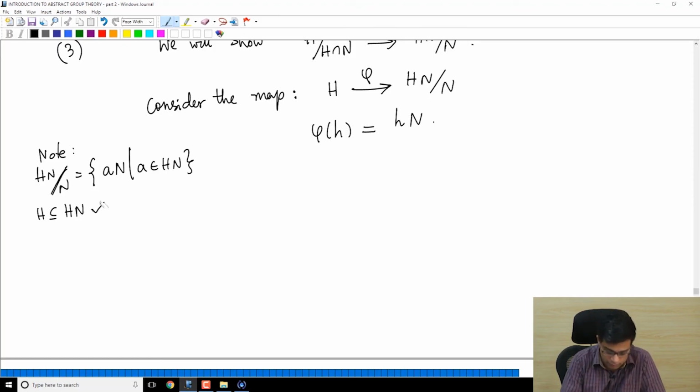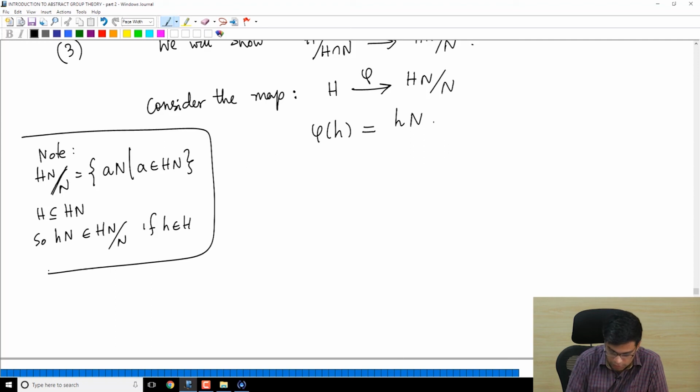So we can talk of hN. So hN belongs to HN mod N if h belongs to H. Okay, so this is the explanation for this. I am sending h to hN, keeping in mind that small h is also an element of capital HN. So we want to claim that